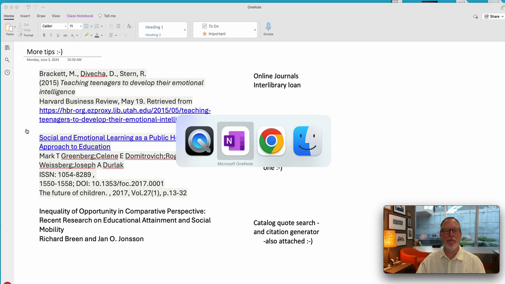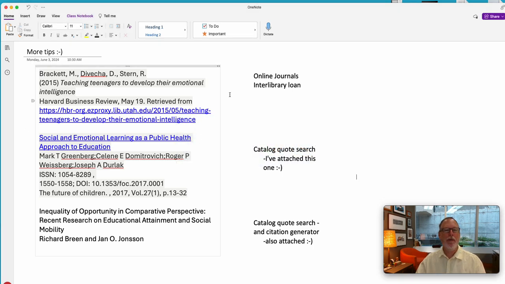Okay, so what I wanted to show you is how to validate whether we have this one or not. We don't. And it was kind of tricky how to find something like this, which I'll attach to the email, and how to find the rest of the metadata for this one, which I'll show you how to do too, which may or may not help, but be that as it may. So this first one, Harvard Business Review, what I first did